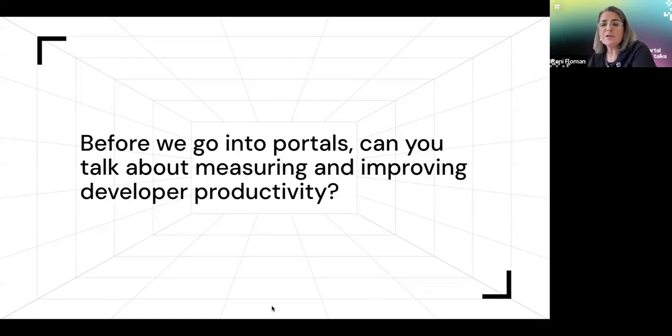But if we ignore portals for a minute, what is the process that happens post measurement or survey? So what do companies usually do? So they run periodical surveys, if you can talk about that a little, and then how do they identify